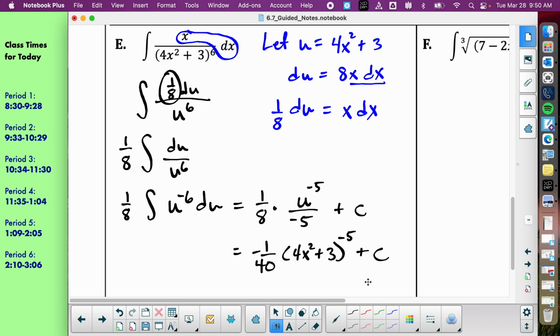Absolutely, I am good with this on a test answer, though. Like free response, you don't have to change it to however you want. Did that help with number or letter E? Okay. I'm going to guess the part that just was hard to see was bring it up top as a negative 6. Yeah. Okay, then I want to go to the next part,